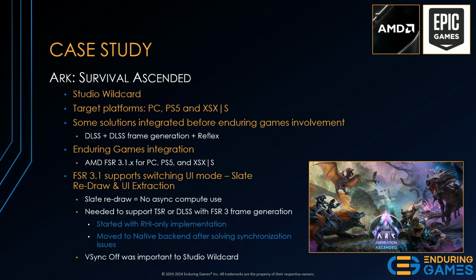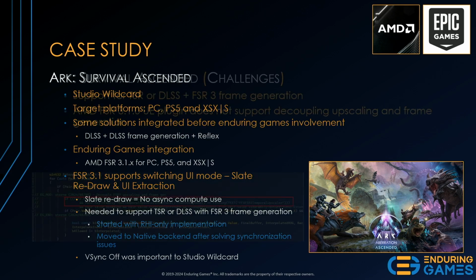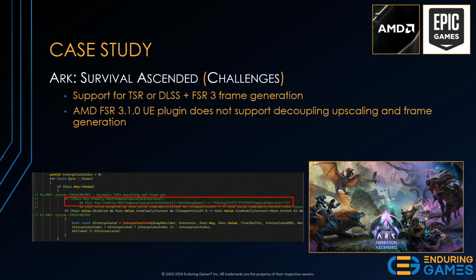VSync off was an important thing that Studio Wildcard really needed. So RHI backend wasn't going to be the final solve, and native backend was a very important thing for them because presentation is important. Waiting for presentations is very important for the non-VRR cases to reduce tearing as much as we can. Some of the things that we faced is the Unreal plugin for FSR 3.1.0 actually does not have